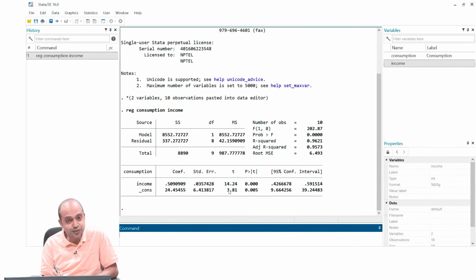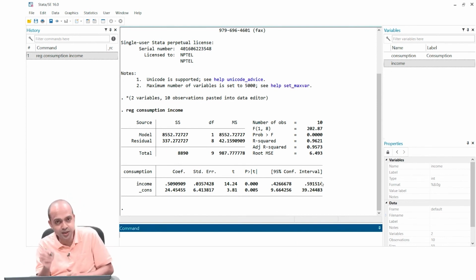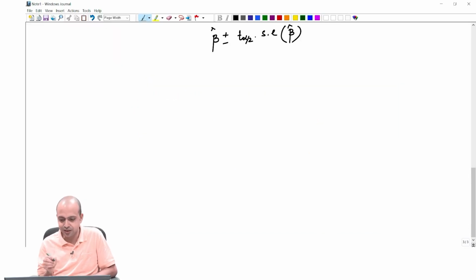But that is actually not the case by the level of significance approach. Your t says the variable is significant. That is a mistake. We should never examine whether this beta hat is actually lying in the interval or not. Rather, beta hat will only play a role in the construction of the interval. Once the interval is constructed, we will only see whether the hypothesized value of the population parameter is lying here or not. And what is the hypothesized value? Beta equals 0. So, we will always see whether 0 is lying here or not, not this beta hat. That is one thing. And secondly,